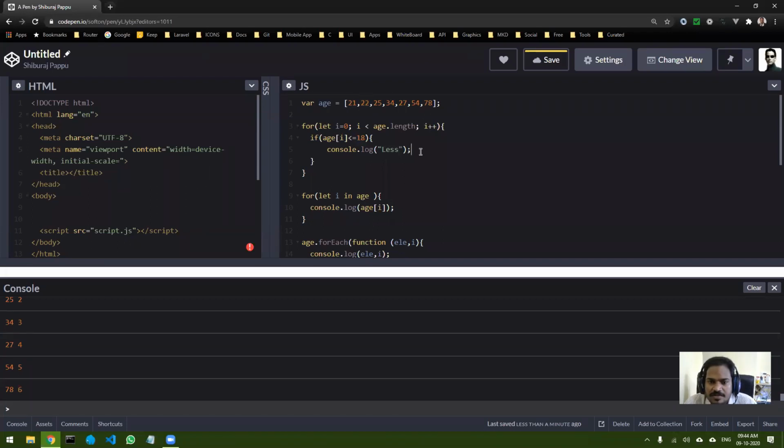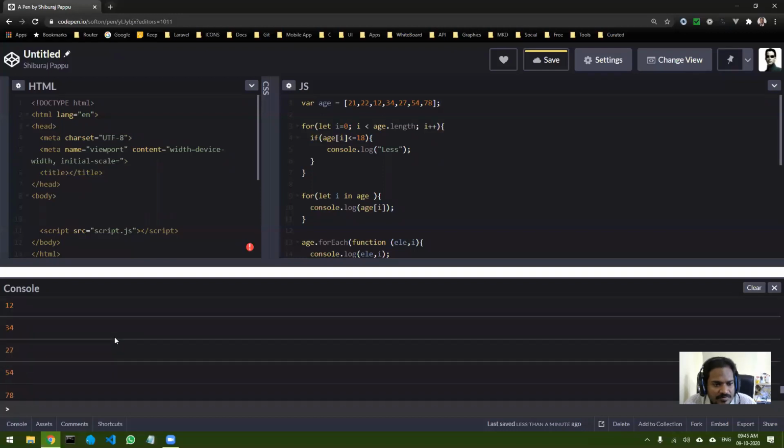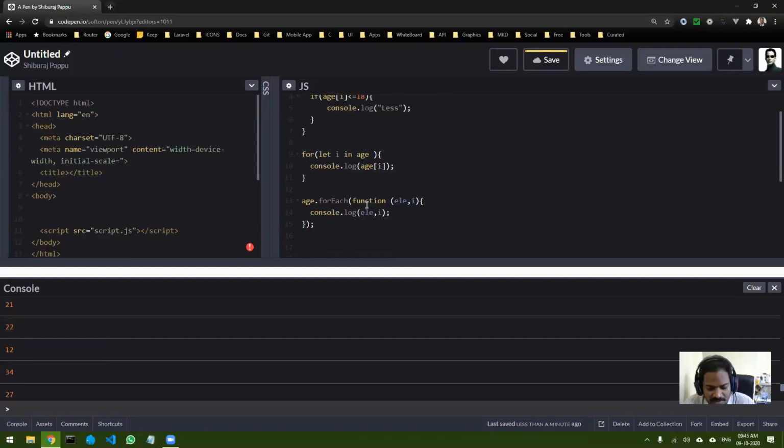If I save it and run it, you can see nothing is displayed because all the ages are above 18. So let me change one of the ages to 12. Once I do that, where is it? Okay, it is here. There are so many outputs, so let me comment out all these things.